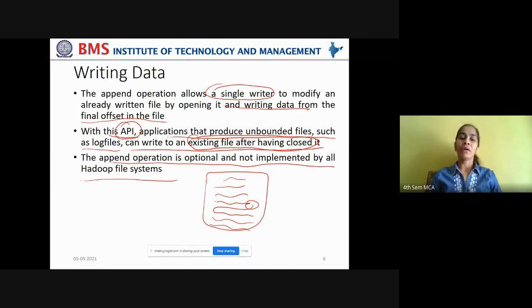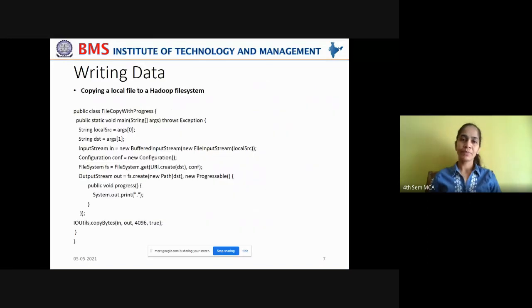Only some versions allow the append operation, because Hadoop is mainly intended to perform data analysis, not to read or write data, right? The main intention is to analyze large volumes of data. That is why the append operation is not implemented by all Hadoop file systems.